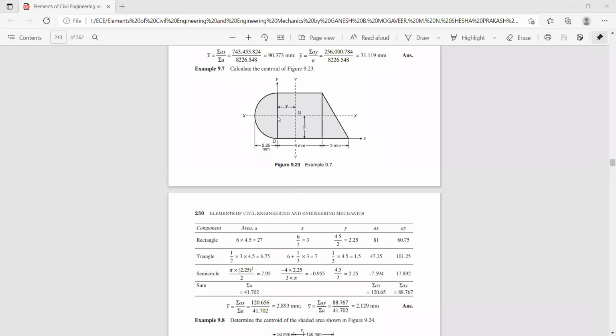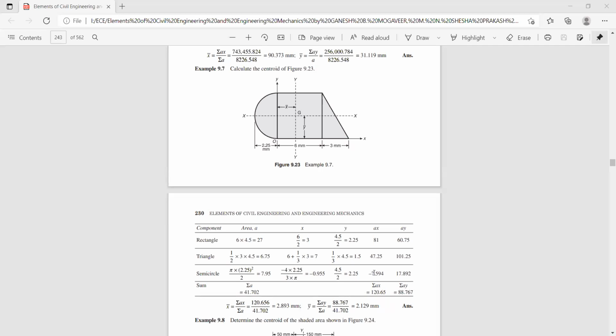So now, because we need to find the centroid from this line, and you know the centroidal distance of the semicircle with respect to base, it is 4r by 3 pi. You can see here minus 4r by 3 pi because this is neglected. This has to be deducted. And similarly, the y1 is nothing but the radius of the semicircle.